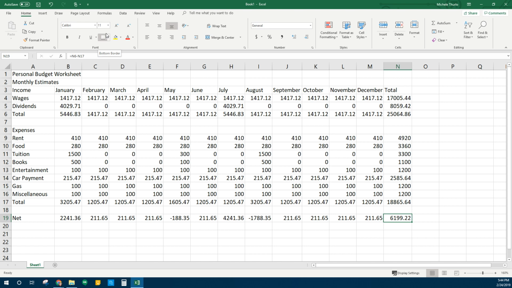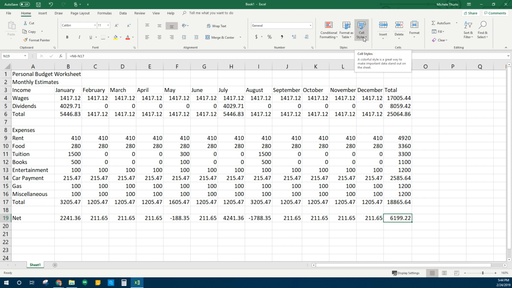So a character with a point size of 10 is 10/72 of an inch, or by default 11, it's 11/72 of an inch in height. We can also choose our font colors here. I just wanted to go over these things with you because they do sometimes appear on your test. So to change the cell style, just like in Word, where we had styles we can use,